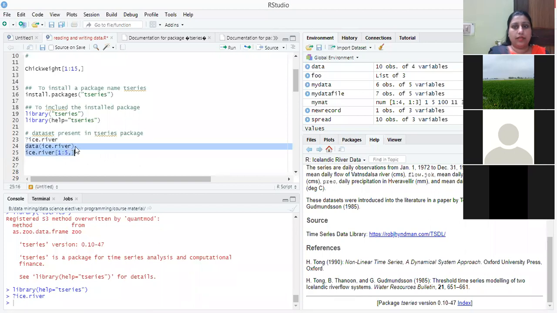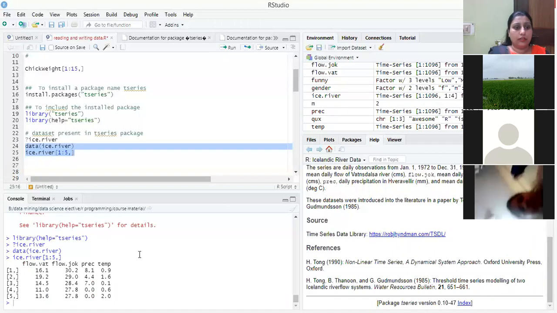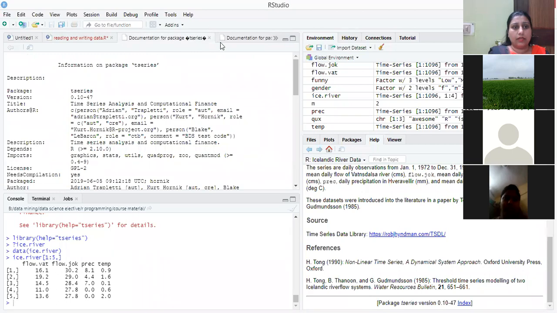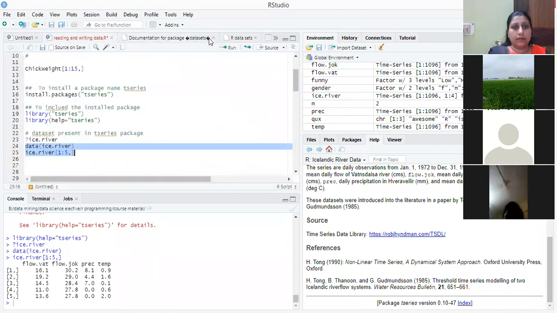We can run this to extract the data set, data(ice.river) and ice.river[1:5]. It will give me the data set with 5 values. This is the tseries data set documentation. These are some files. Just close it.